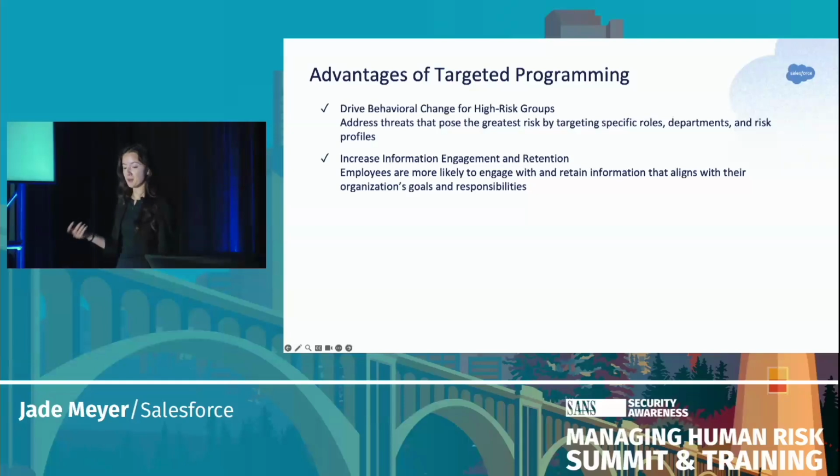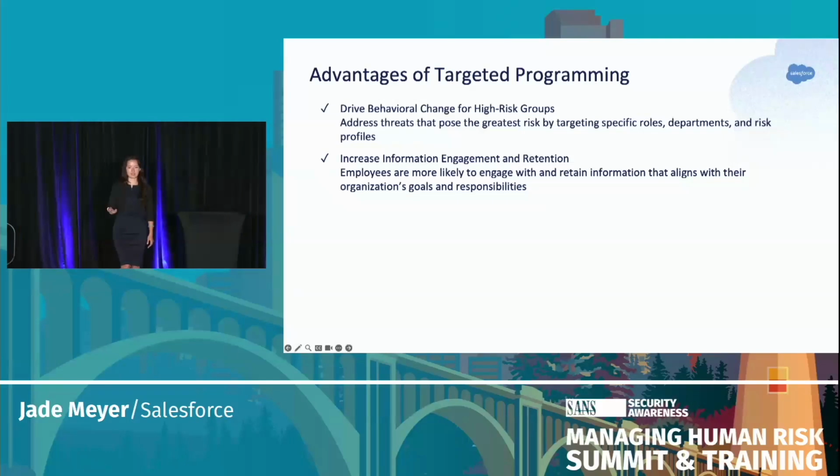Number two, employees are more likely to engage with and retain information that aligns with their values and their goals in their day-to-day lives, right? Seems pretty clear. And that's obviously the goal. We want to make sure that the employees we're targeting engage with our data so that they can drive change